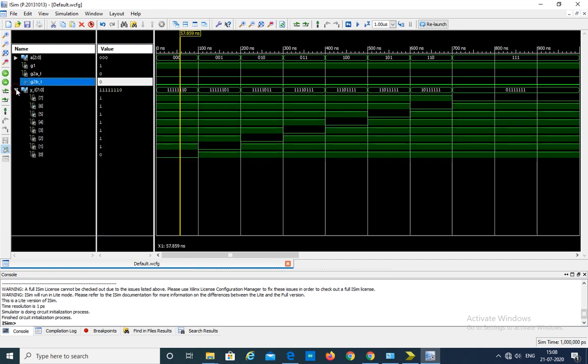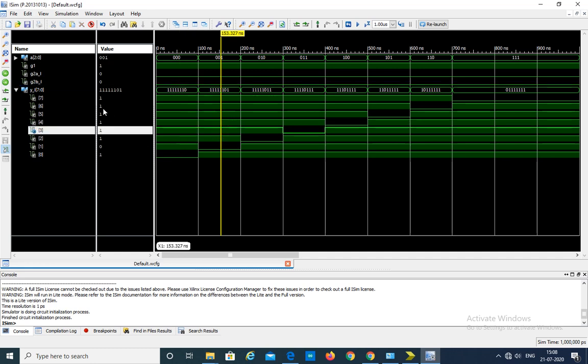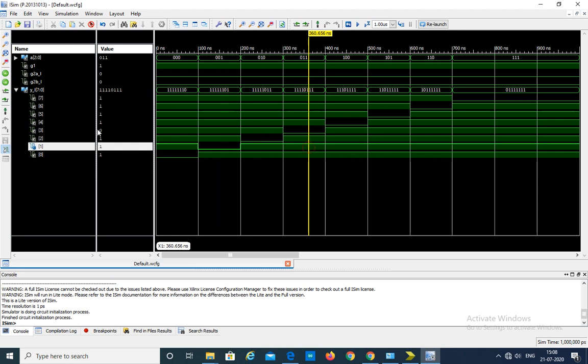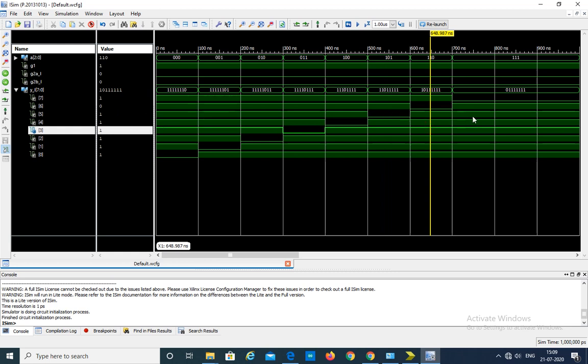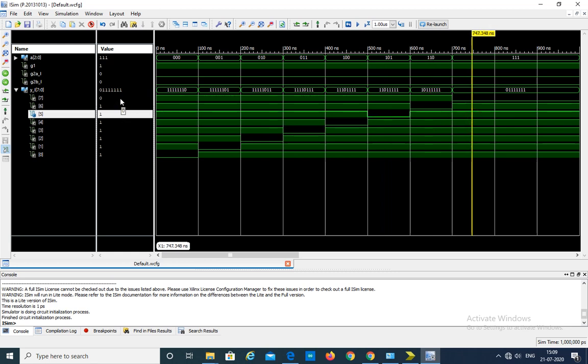You can see here also like this. For all ones, the last one is 0, the second one is highlighted, the third is active, the fourth pin is active, the fifth pin is active, the sixth pin is active, the seventh pin is active, and the eighth pin is active. So this is the implementation of the 3x8 decoder IC 74138. Thank you.